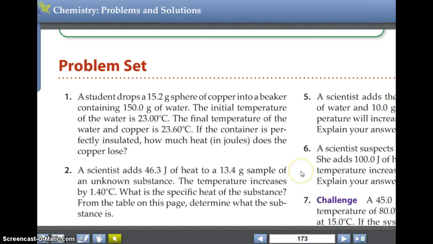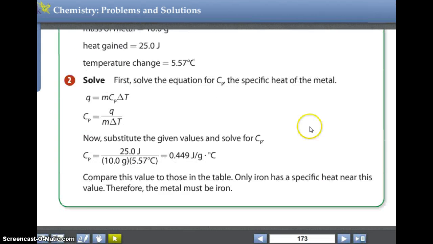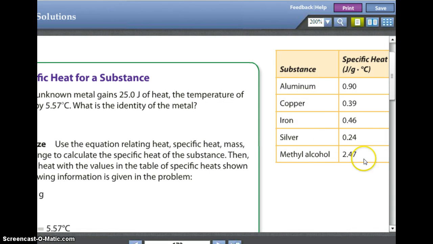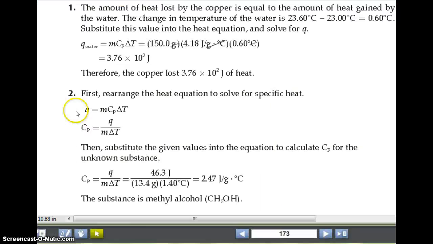Okay, so if doing it by yourself, hit pause, and then I'm going to scroll up here so that you can see the table. So you can hit pause again and find your final answer in the table. And now I'm going to go over the answer. So we're solving for specific heat. Rearrange your algebra problem, plug in your numbers,